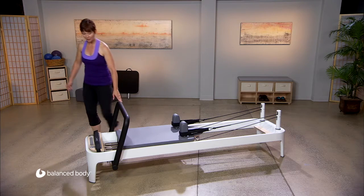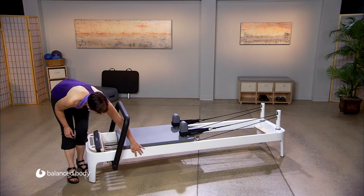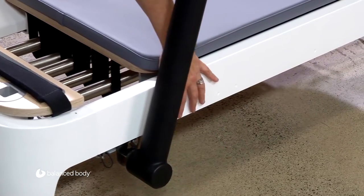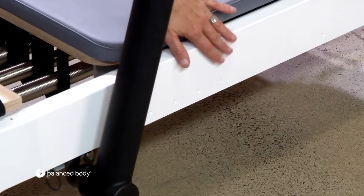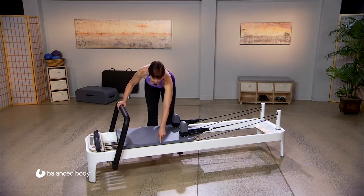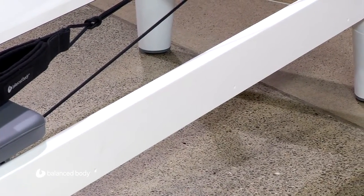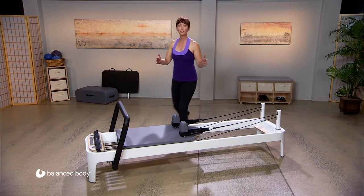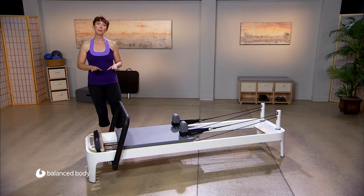Now, if you look down at the frame of the reformer, you see some little dots. There are 5 dots here at the foot bar end, which you can adjust for any of the footwork exercises. There's another one in the middle of the machine here, one at about shoulder rest height, one halfway to the end, and one all the way at the end. This provides a wide array of exercise options that go well beyond the traditional reformer repertoire that you might be